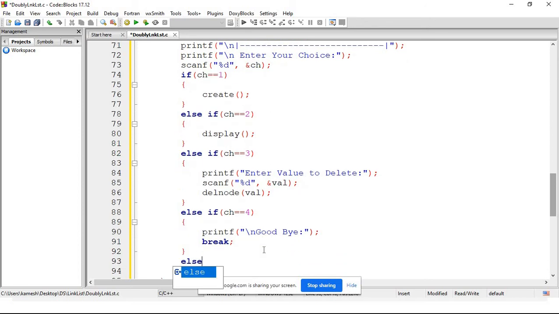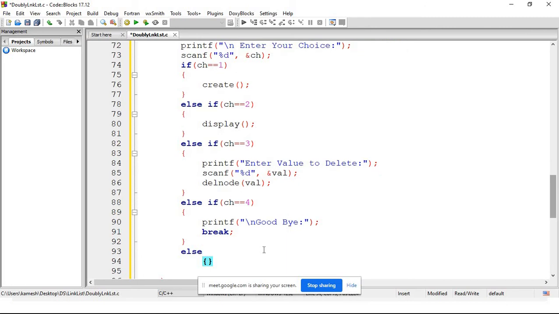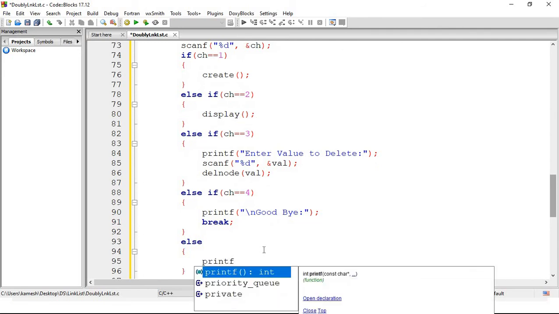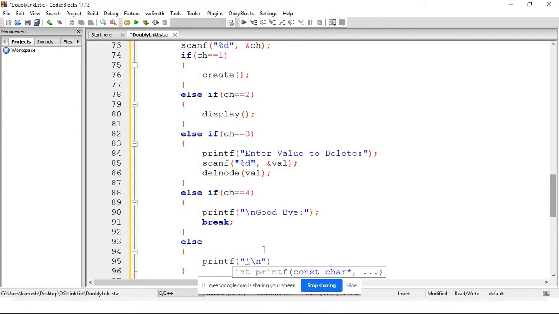Else, the computer will go into the else part if the user has not actually given a choice 1, 2, 3 or 4. So in that case simply we will write invalid choice, right? Okay,